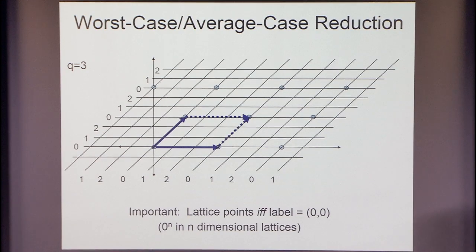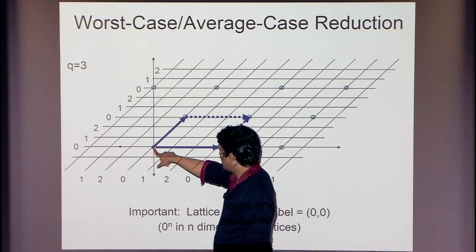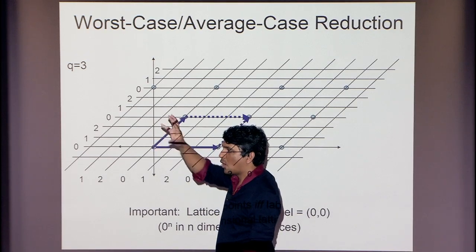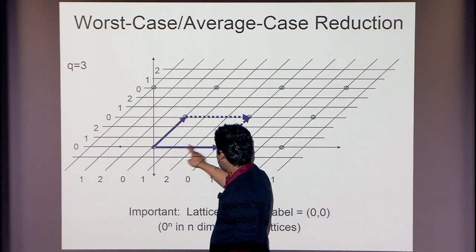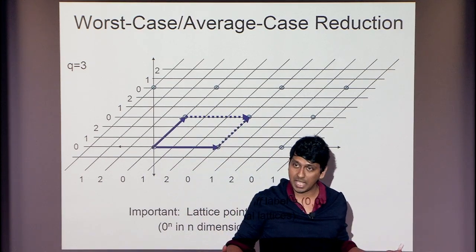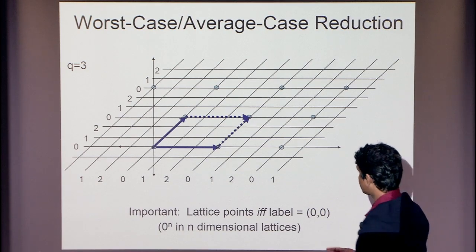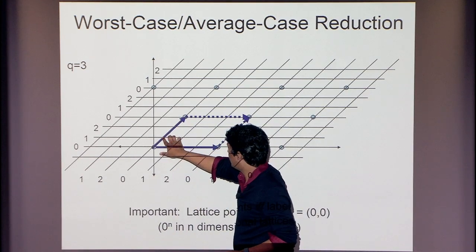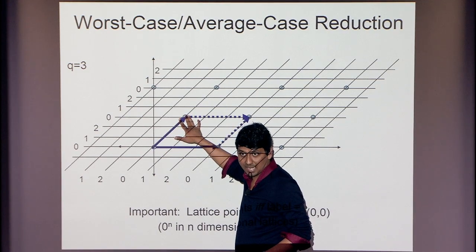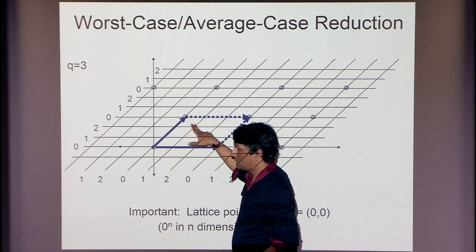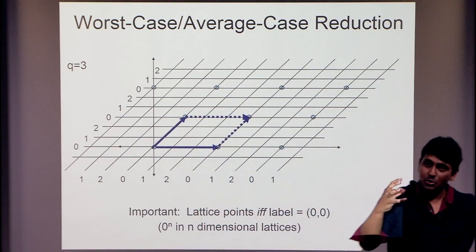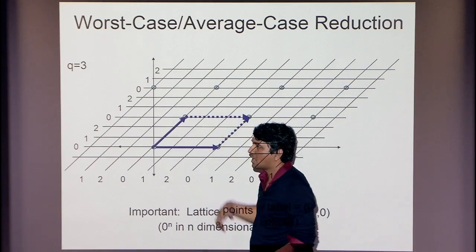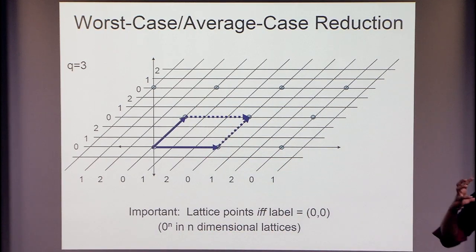Okay, so I'm going to label lattice points, right? This point is 0, 0. This point is 0, 1, depending on which corner of the sublattice it falls into. So all points here, if I take them, their labels are going to cover q to the n. Okay, well, never mind. So this is 0, 1, this is 0, 2. This is again 0, 0 because it's a lattice point. It's 1, 0, 1, 1, 1, 2, and so on and so forth. So there are q to the n many little dots inside a parallelogram here, and that covers q to the n. Okay, that starts sounding a little bit familiar now.